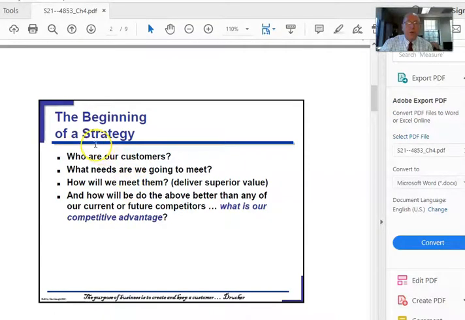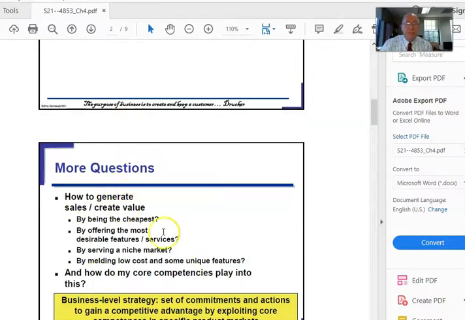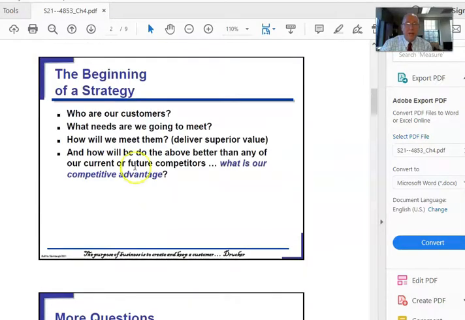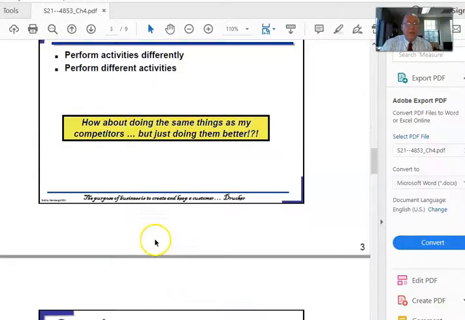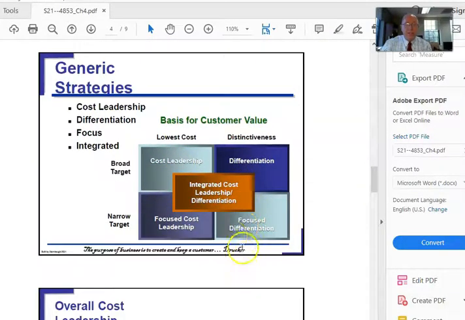In Chapter 4, it's important to understand the beginning of a strategy, that answering these questions are the beginning of the strategy, which is, this chart is the same basic way of asking those same questions. And then we got into the discussion of the different strategies. In preparation for the exam, what you need to be able to do is understand the strategy, what kinds of products or services companies typically offer if they're going to employ that strategy. In other words, is it an on-par product or is it a differentiated product,